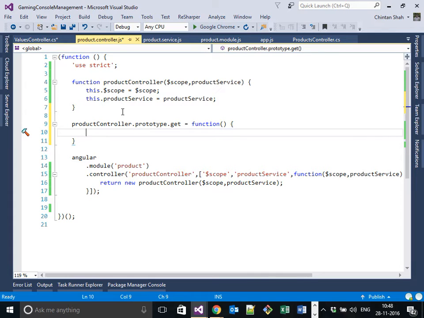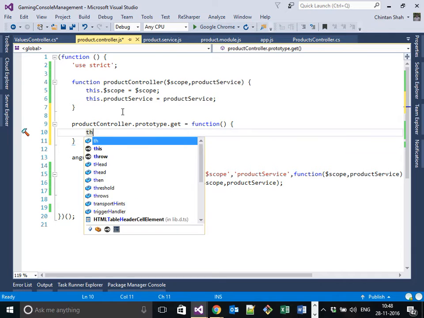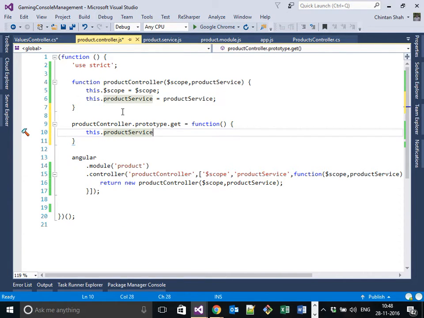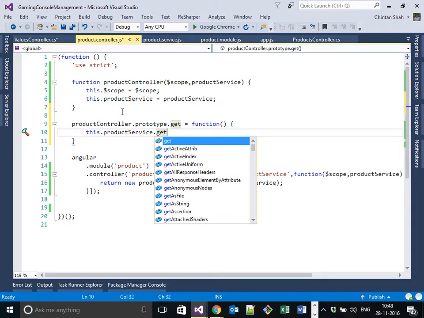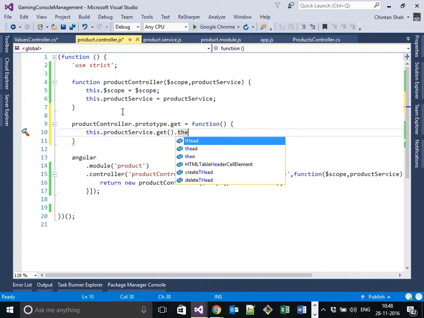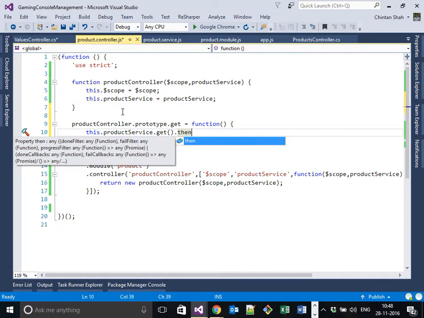What I'll do over here is I'll use this.productService.get. It will return me something, then I will use then, because it returns me a promise. It does not return the result because everything is asynchronous. So everything comes in a then